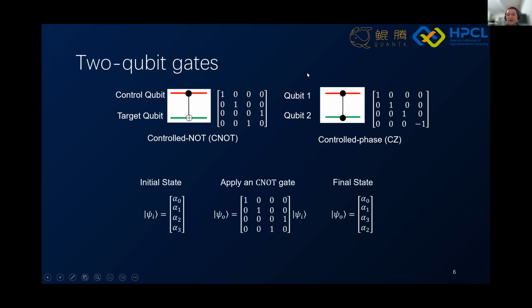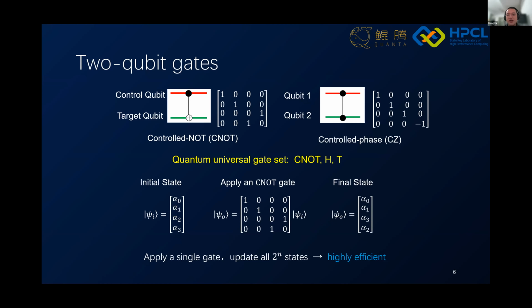And as we said, matrix vector multiplication is the basic computation element. If we apply an X gate on 2 qubits, then the state evolves according to this formula, and we can get a resultant state. Actually, the third and the fourth elements exchange their positions. And by applying a single gate, we can update all 2 to the power of n states simultaneously. This is a highly efficient operation.